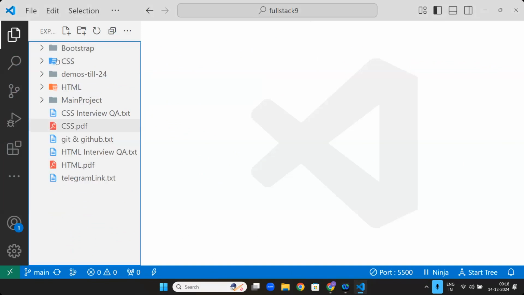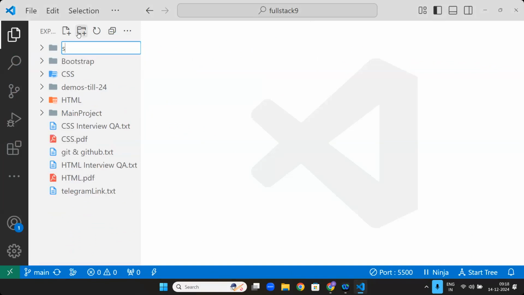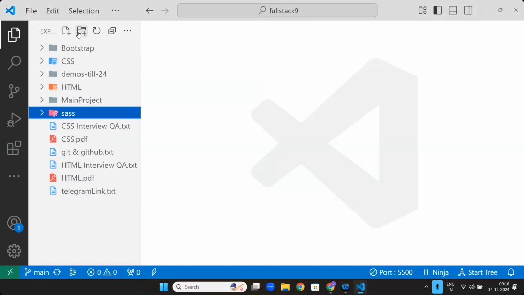You can use SASS or SCSS. Now, till now, everything you have learned,